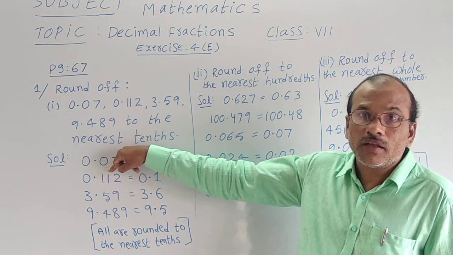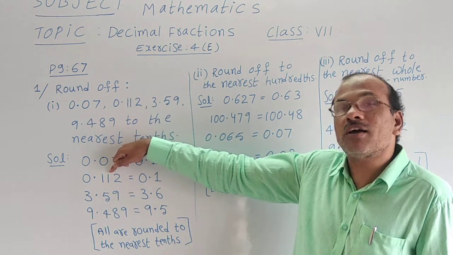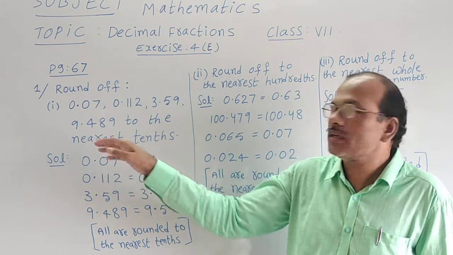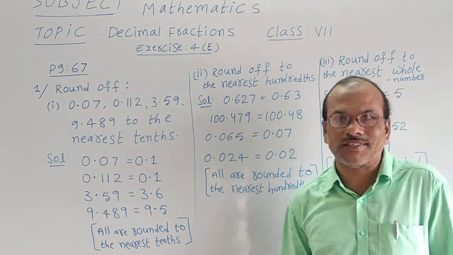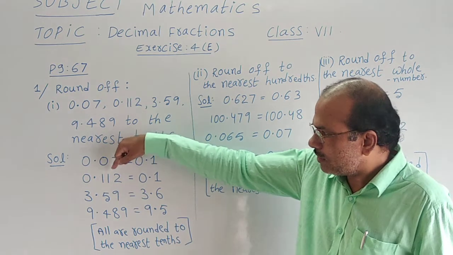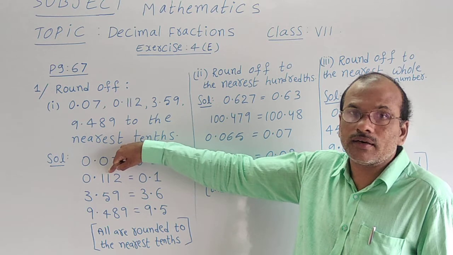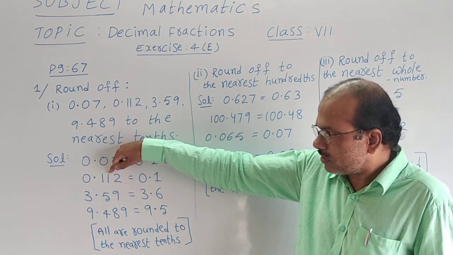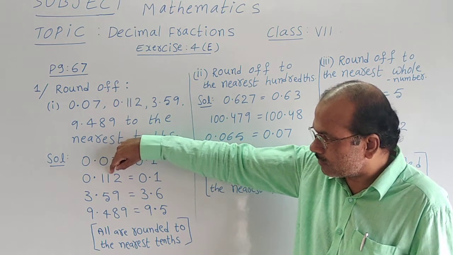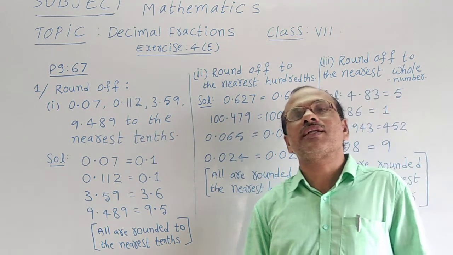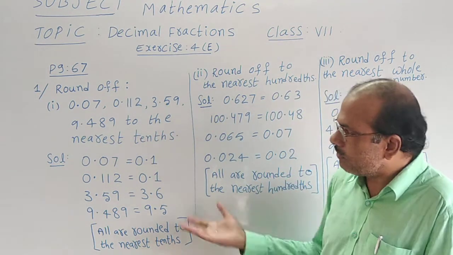Is it clear? If it is equal to 5 or more than 5, we can give 1 to the previous digit and then we can remove that digit. But we don't have that here, it is not even equal to 5. Of course, it is not at all greater than 5. So we can simply ignore this digit onwards. That previous 0.1 is there. That is only written as the answer for us. Same way for the other part,